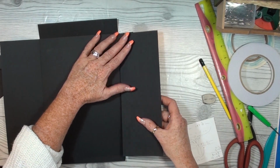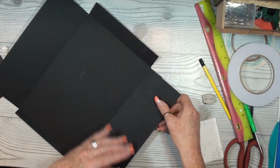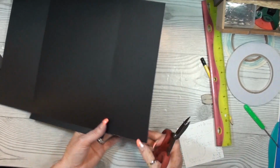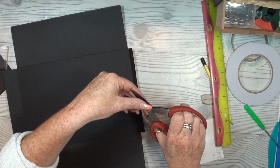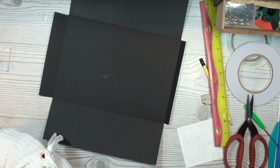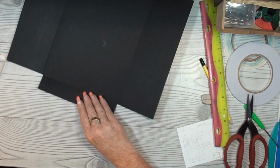Here we go. And it's no big deal. This is just a little, you can cut it just a little. It's no big deal. There you go. Okay, next one. 2.5. 2.5. And this one is going to be